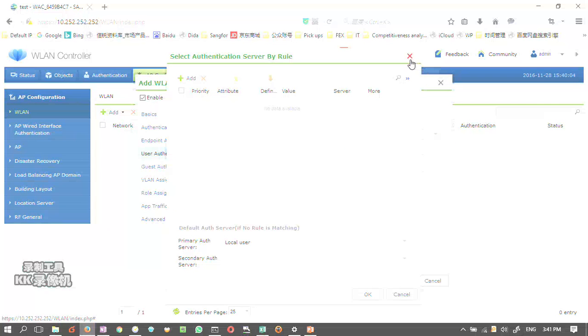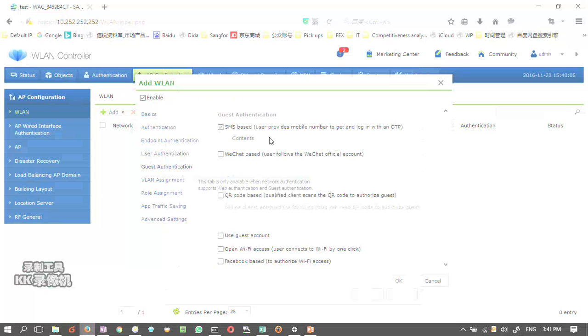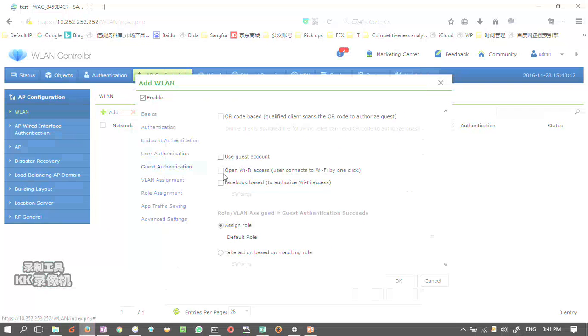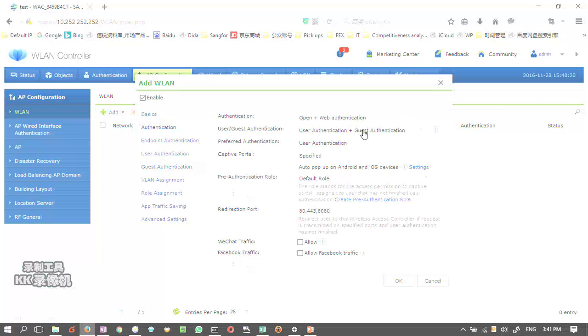And the guest authentication is SMS authentication, WeChat based, QR code based, open, Facebook based. So this is what we mean by the guest authentication. And in authentication here we can